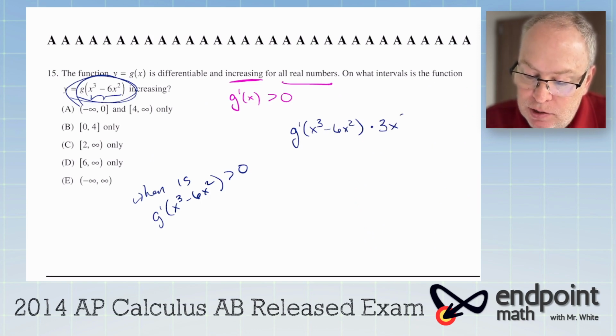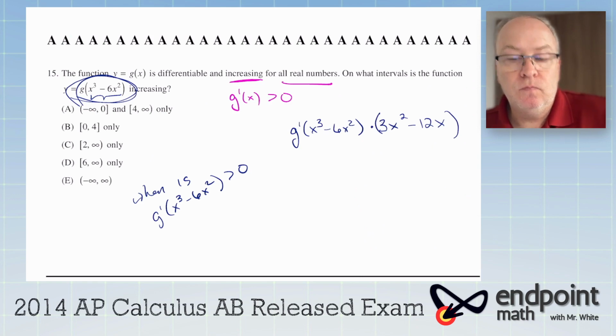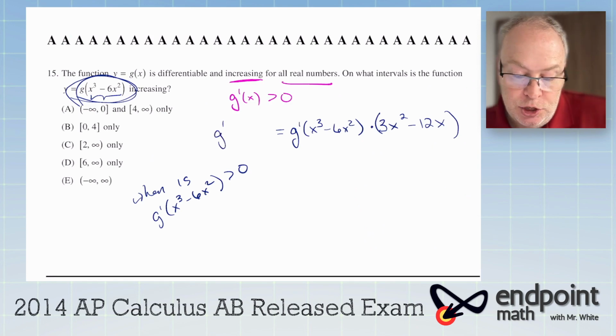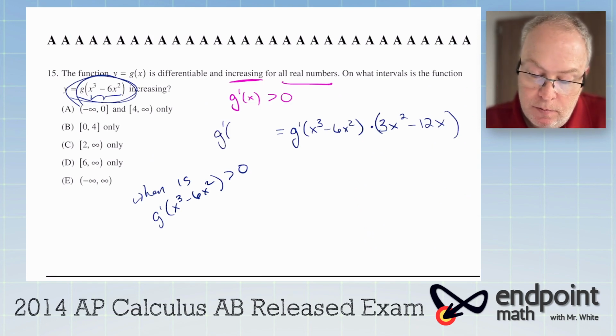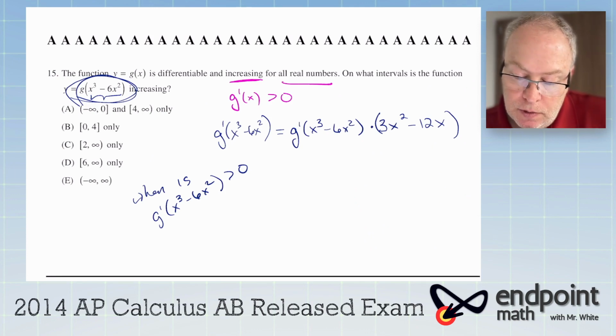That would be 3x squared minus 12x with a parenthesis around it. Right. This would be what g prime of x cubed minus 6x squared would be. All right, hopefully that's making sense here. All right, now